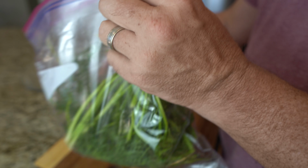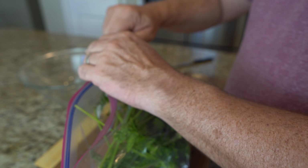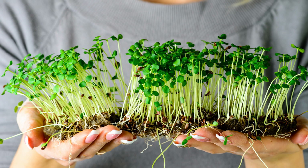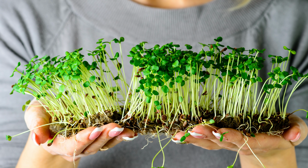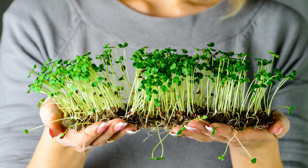You can also store them in a Ziploc baggie until ready to use. These will get chopped and tossed with mustard greens and black-eyed peas. Could you survive on just your home microgreen endeavors? Maybe, if you had enough of them all going at the same time and in full force, but it would